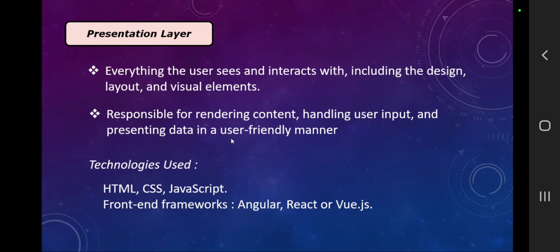So HTML, CSS, and JavaScript is the very foundation, very first foundation, and later we were having front-end frameworks. Next,